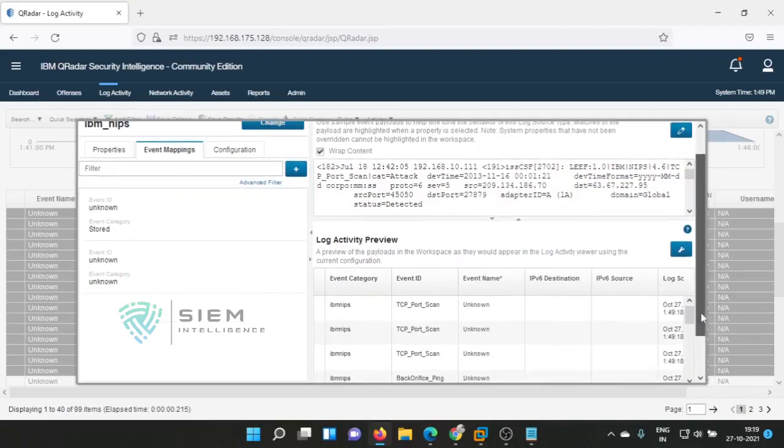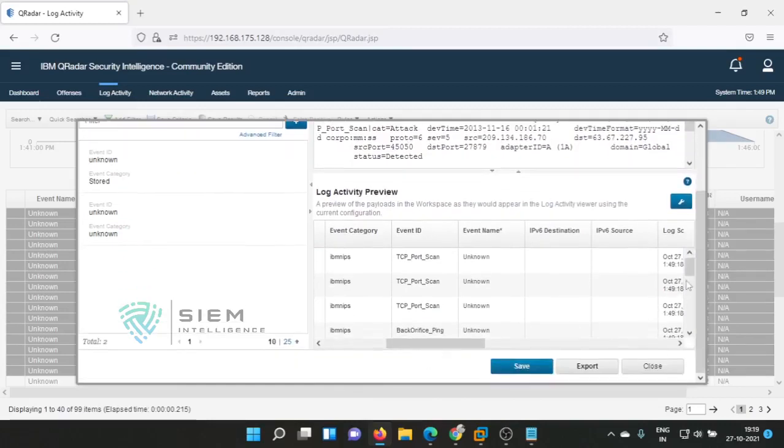So we need to create all those things. See, there are some TCP port scan. If we combine these two, this will be TCP port scan. Whenever there is a TCP port scan event ID and a category IBM NIPS, the event name will be something like TCP port scan detected. I'll give the name like that.